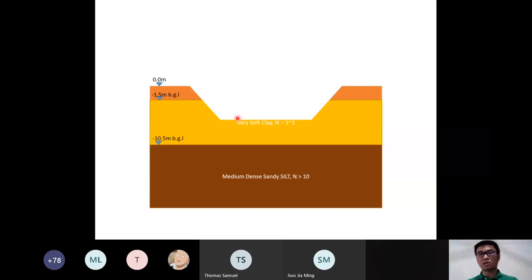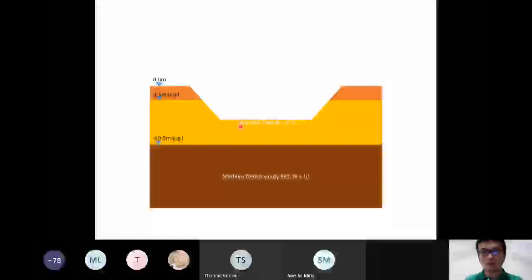So back to your question, when we want to consider whether a geogrid system or some other system. For example, if today you have a site with a soft clay layer of only about 1 meter to 1.5 meters, then you might go for a method like remove and replace. Probably it will be cheaper and it should be cheaper. But if today you have a case similar to this, where you have a 9 meter thick soft layer, if you carry out R&R, for example, another 2 meters below here,